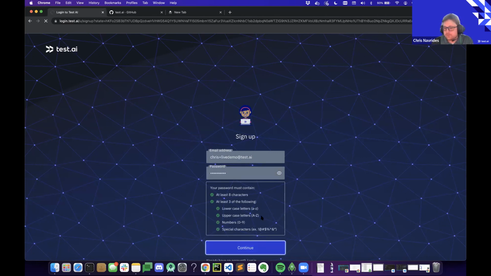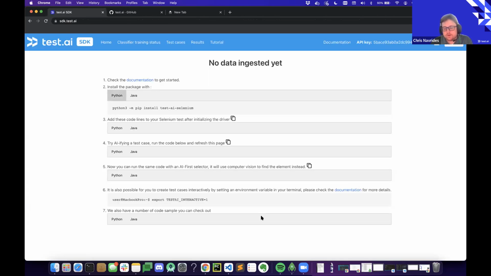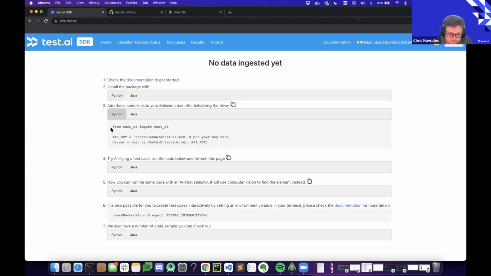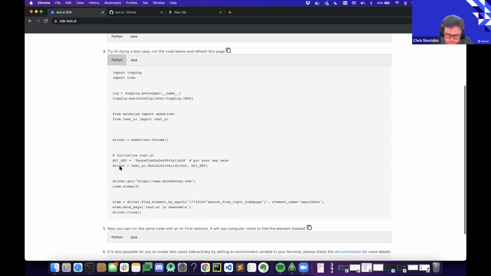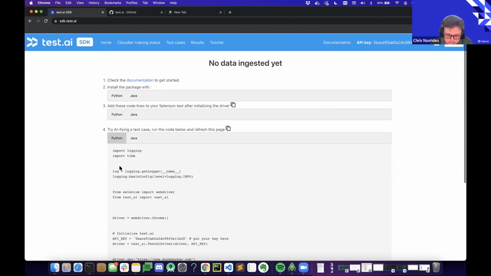So this is on the back end, just creating a free area for all of your assets that you'll do, setting up the database, things like that. And so you're presented here with just some quick setup guides. So if you want to see how to install it, if you want to see what to add to your code in Python or Java, if you want to just get started real quickly with a test case. So we'll go through all of this.